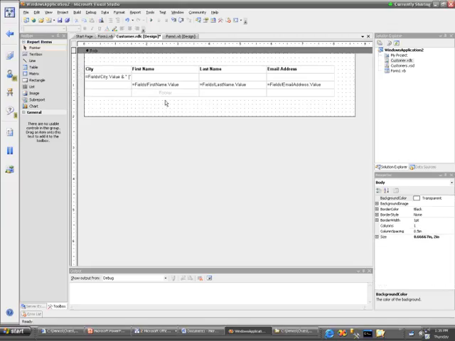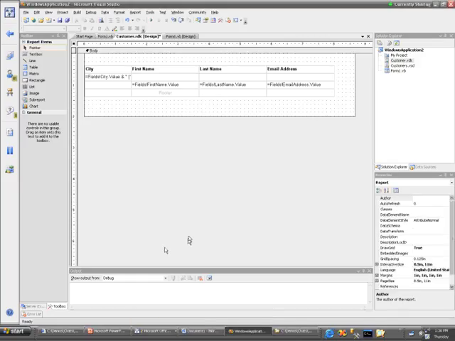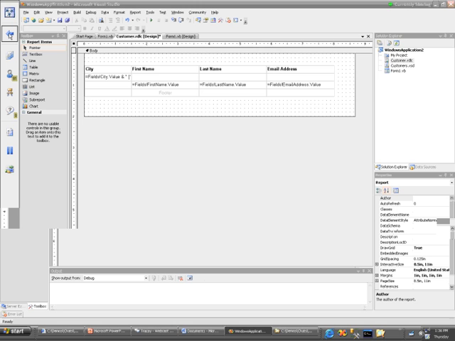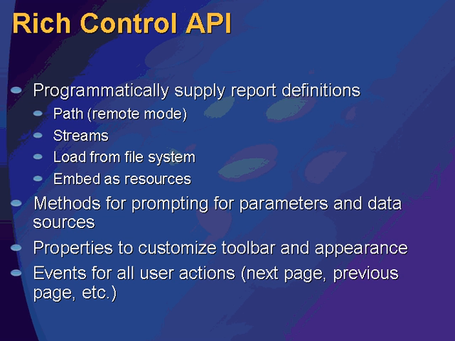So that was how you could add a report using a local XML file. So the key takeaway in this project is that my reports as well as my data is all local now. Nothing is coming from the server. So let's go ahead and take a look at the other common scenario of building local reports. One thing that I wanted to mention is that the report viewer control that you saw,